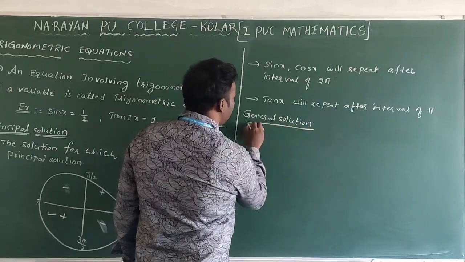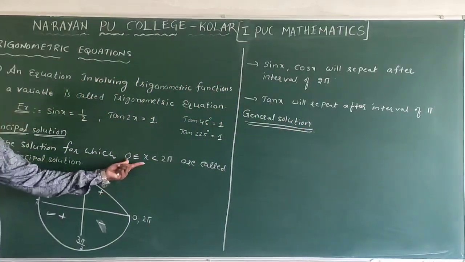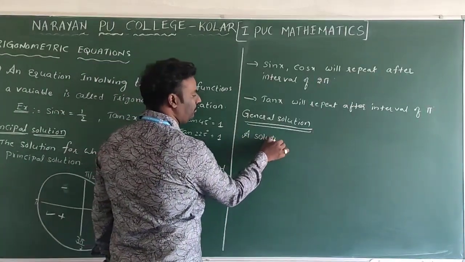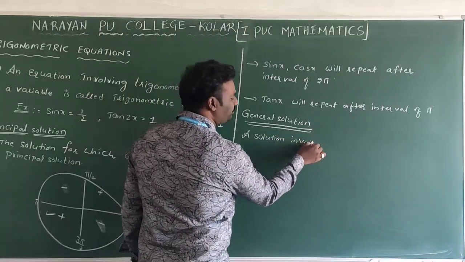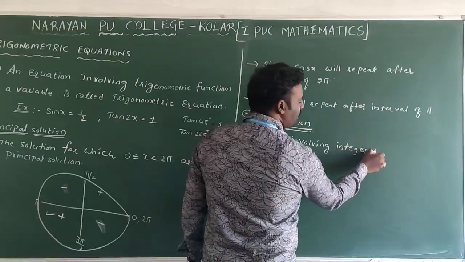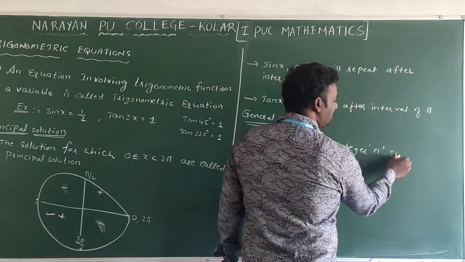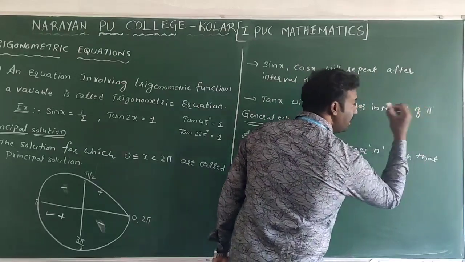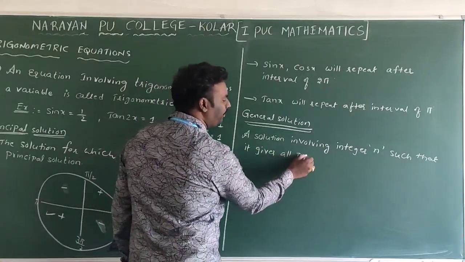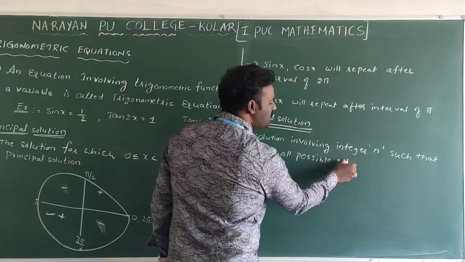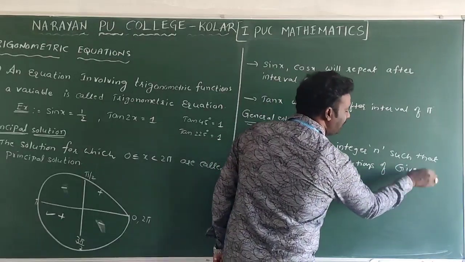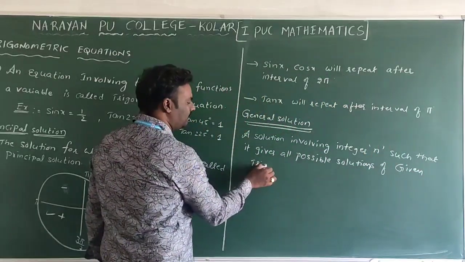What is meant by general solution? Principal solution we already discussed. What is general? A solution involving an integer, small n, such that it gives all possible solutions of a given trigonometric